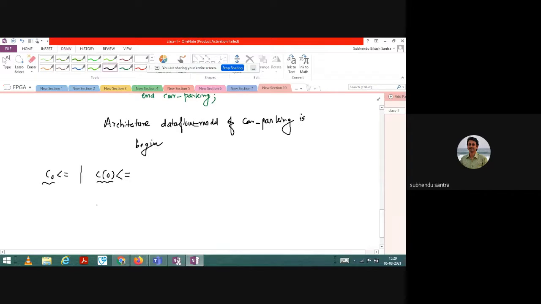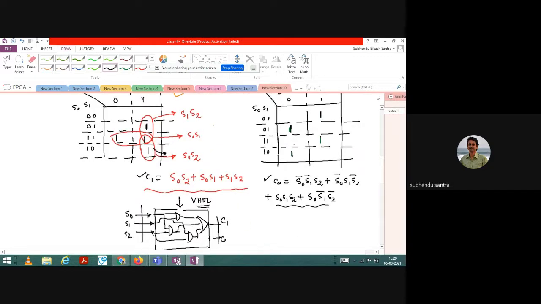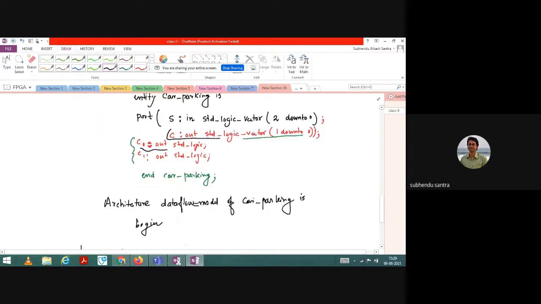You tell me, what will I write for C0? For C0, as there is no quad or something like that, I am basically adding these terms directly: S0, S1, S2.